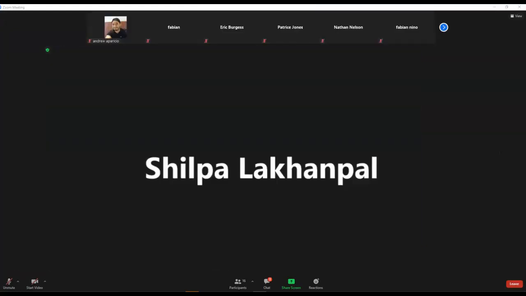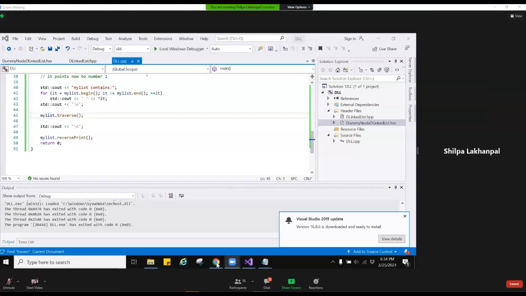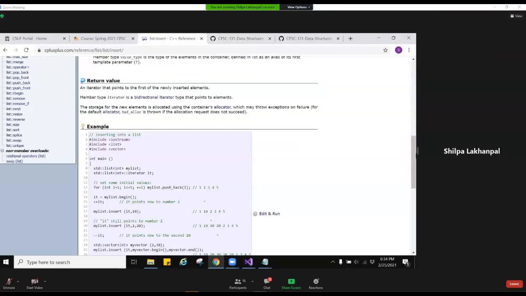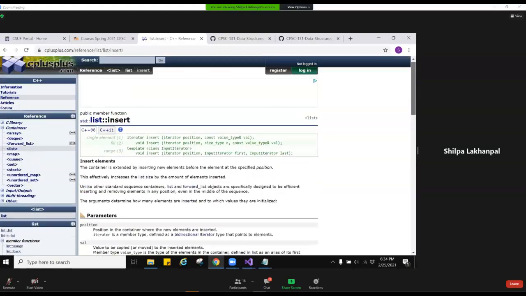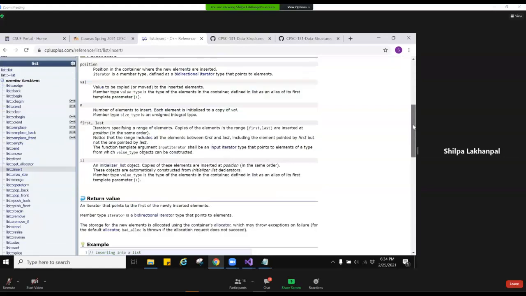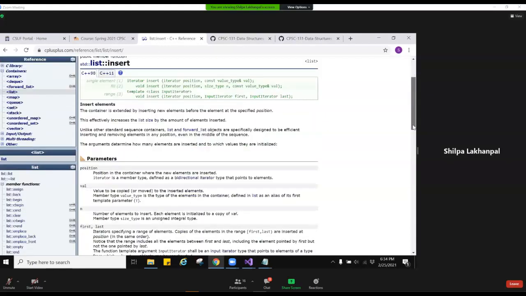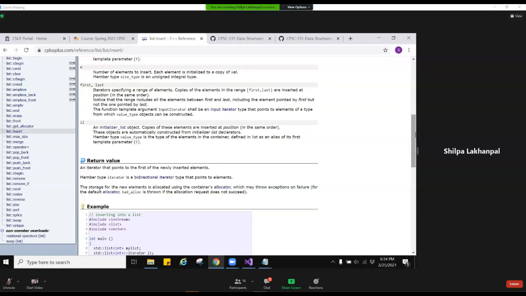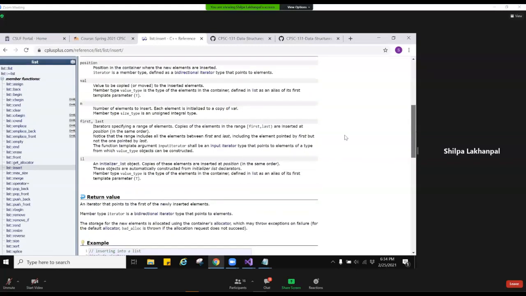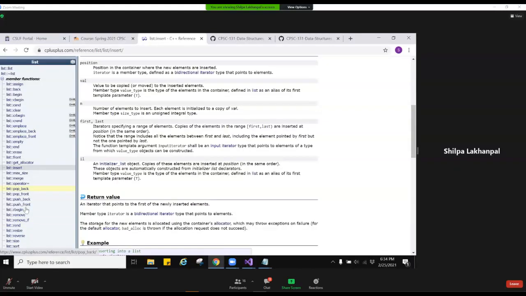Now, one thing that we have in this list container is a lot more functions, but again we cannot go over all of them because of the time constraint. But it will always be helpful if you go over some of the important ones, like push front, push back, front.